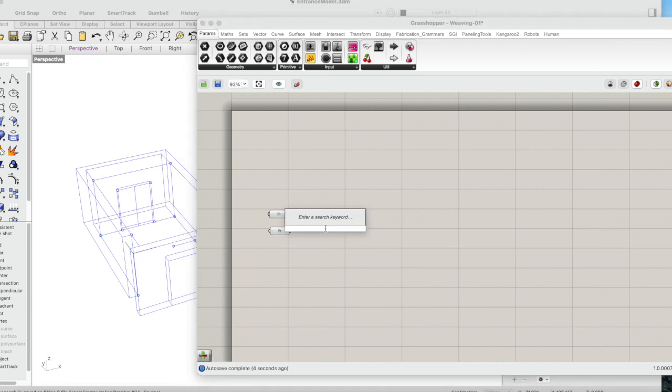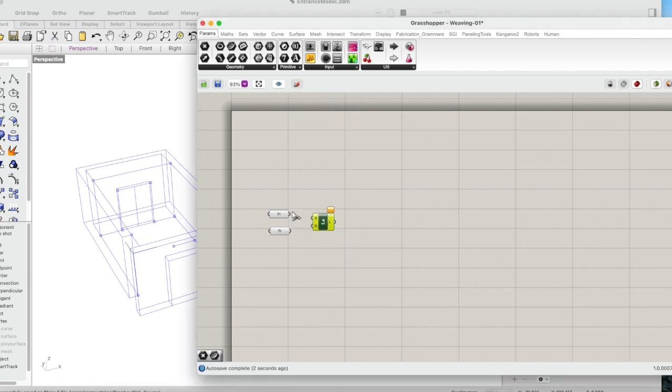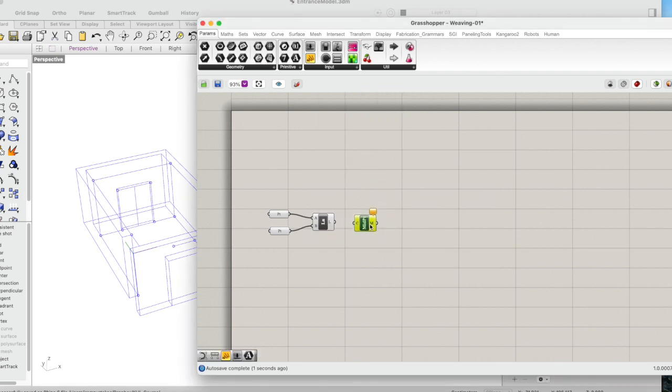So just double clicking the canvas and then Line. This component will create a line between 2 points, and I want to get the middle point, Curve Middle, that takes a curvilinear or linear geometry and then calculates the center point. So then we basically have the 2 points,